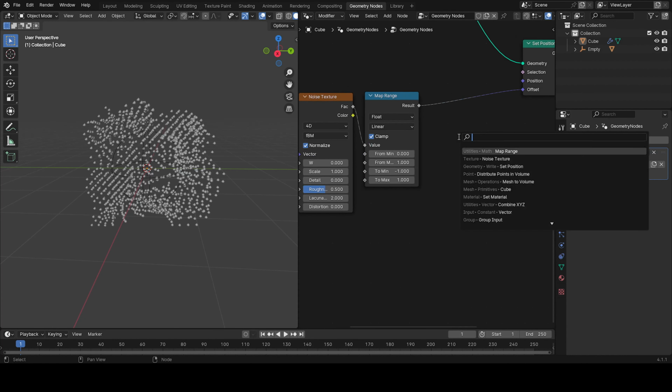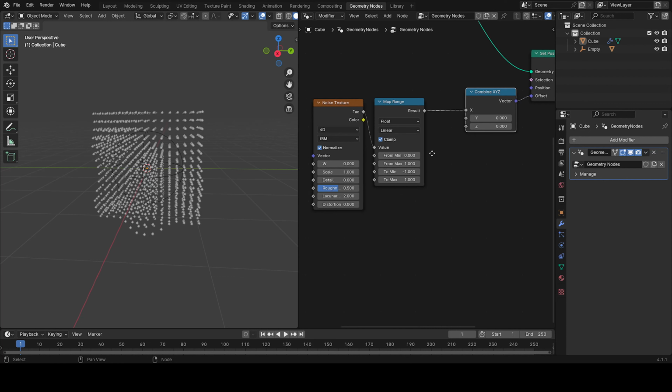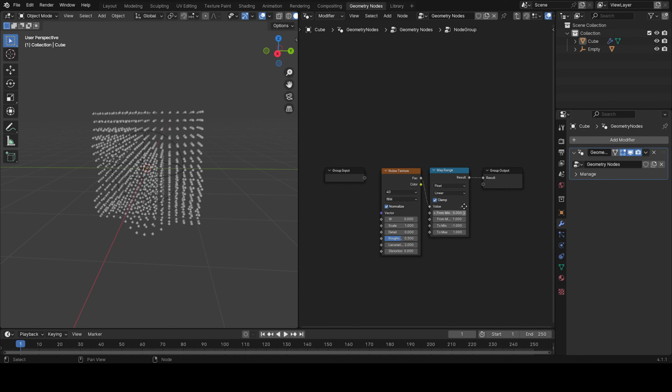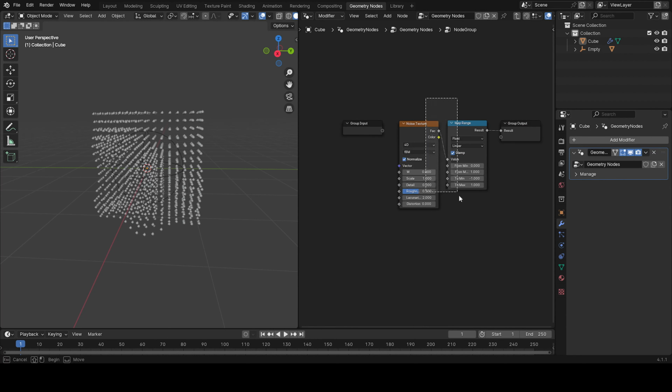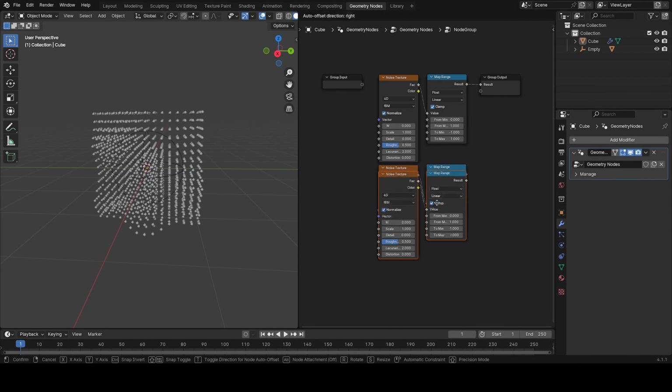So now I'm going to add a combine X, Y, and Z, and then I'm going to come over here to those two, and then press Ctrl G, because this will take up a lot of space and I don't want that. So I'm just going to duplicate it 2 more times,